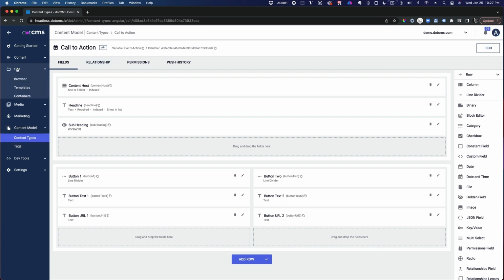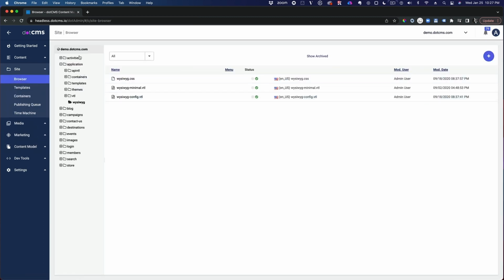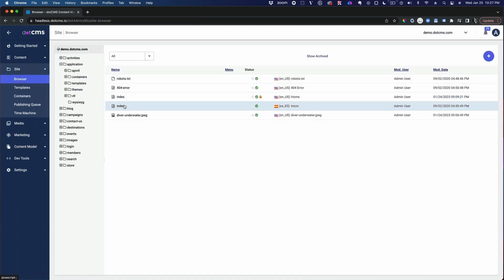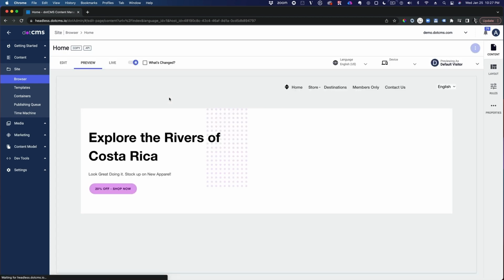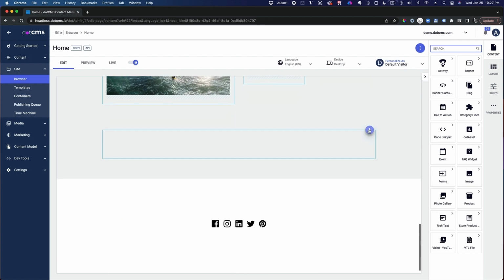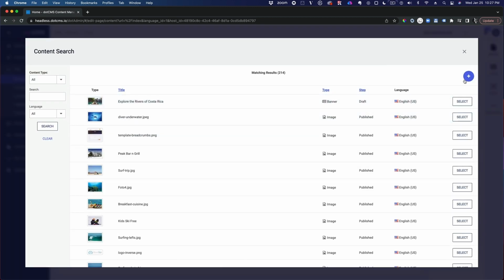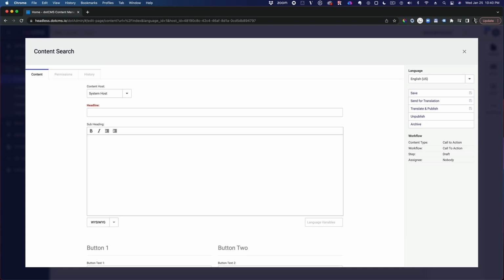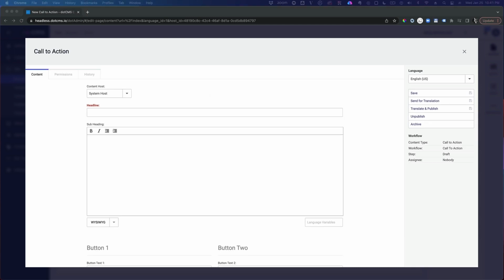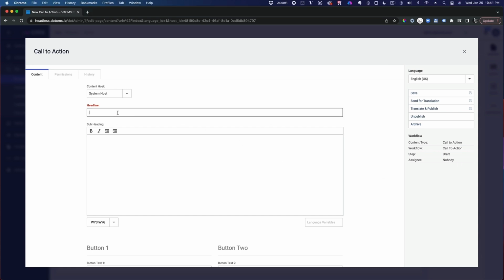And then let's go add the call to action to the page. So let's go back to our index page here, edit mode, and go down to the bottom. And I'm just going to click here and add new content. And I'm going to hit call to action, now using, which you can see, my brand new button that I put there, right? So I'm going to add "already dreaming of winter" for my winter vacation